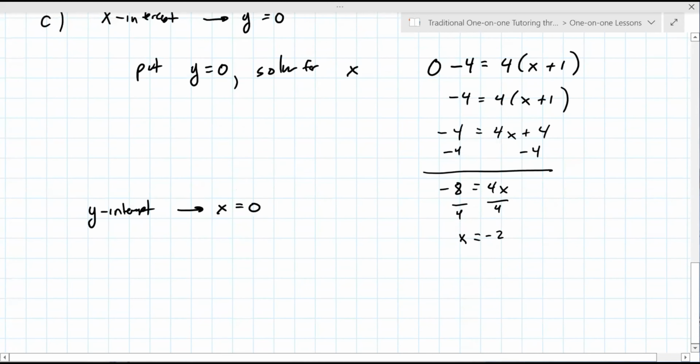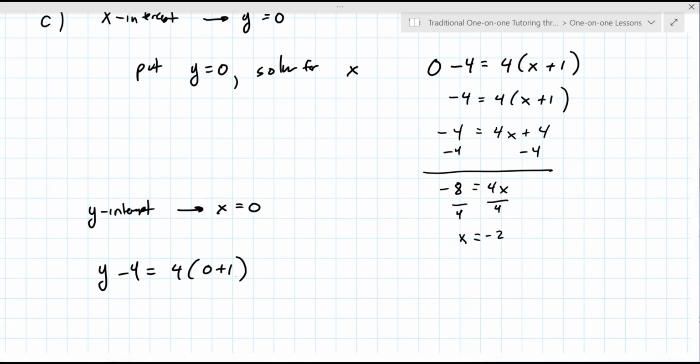And that's very critical because it's completely the opposite. Y minus 4 equals 4 times 0 plus 1. Oh, okay. Now I get that. The y is 0, the x is 0. Okay. So then y equals